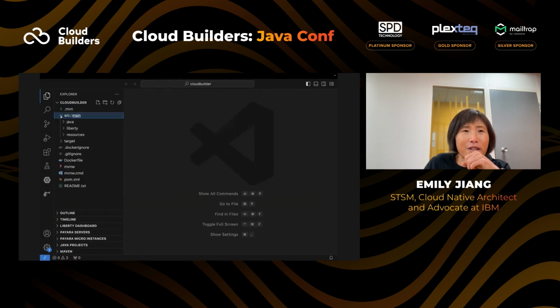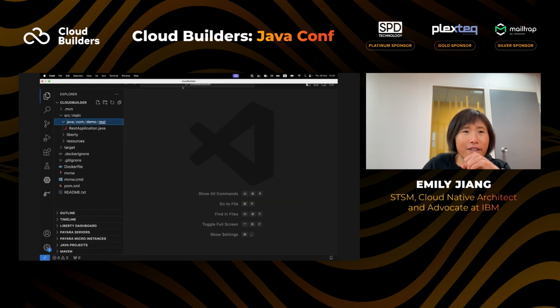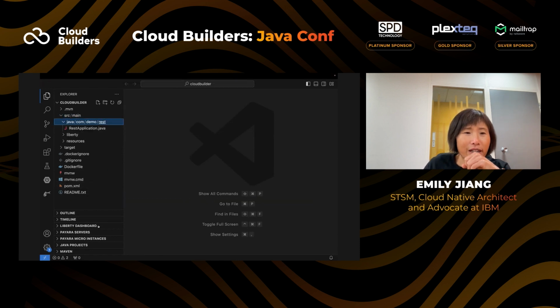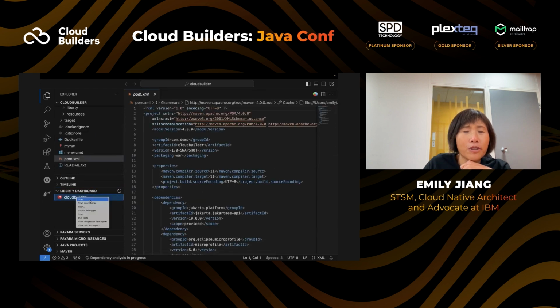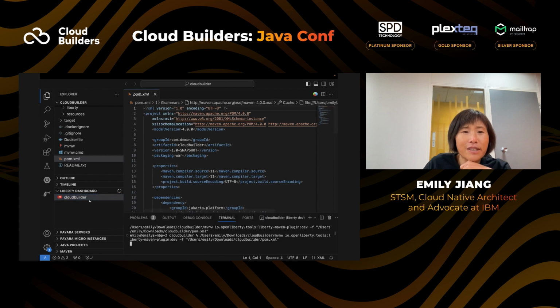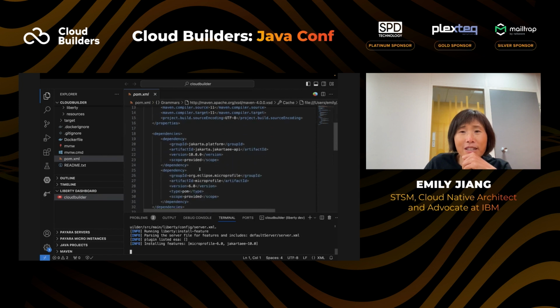It generates the application on Liberty, and you can also install the Liberty dashboard plugin, and then start the application in the background. You can see it installs the features MicroProfile 6 and Jakarta EE 10.